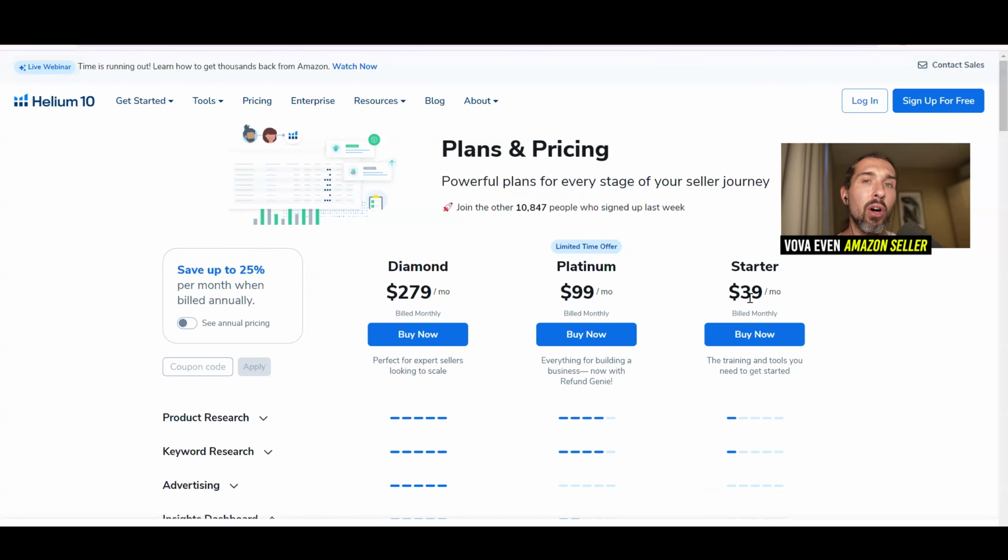So today we're going to translate the dollar value of Helium 10 to dirhams. So if you're in the UAE, it's going to be a bit more comfortable for you to understand it in